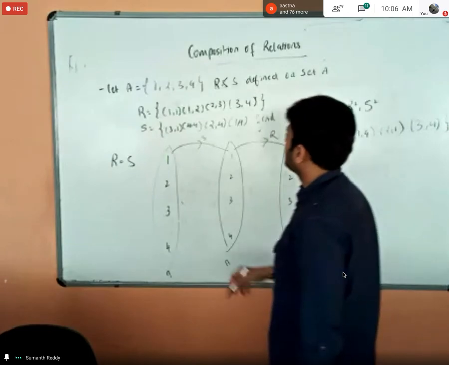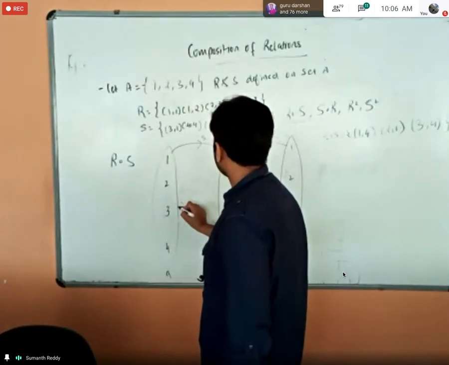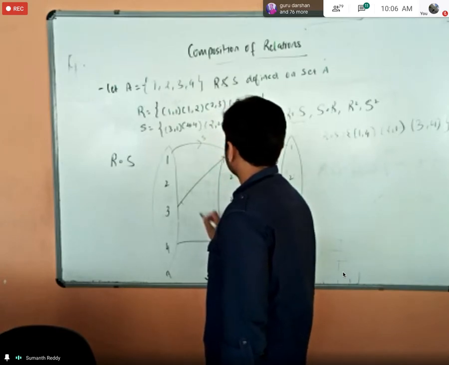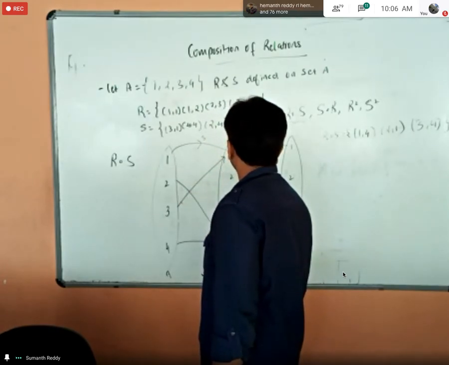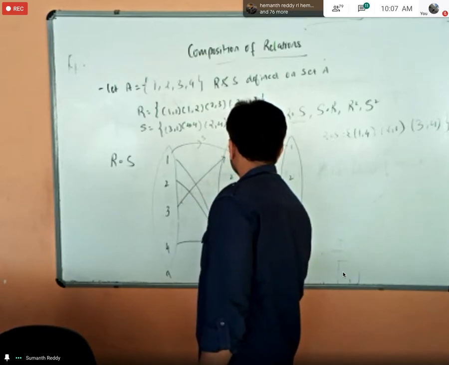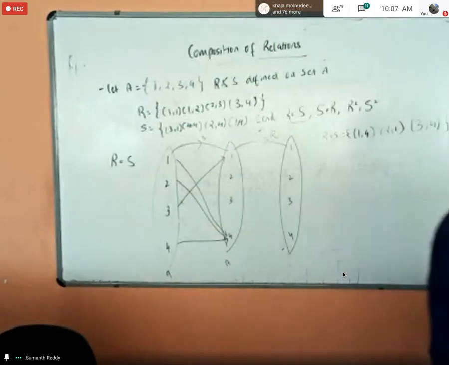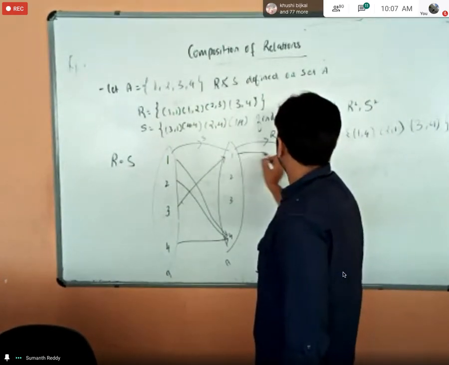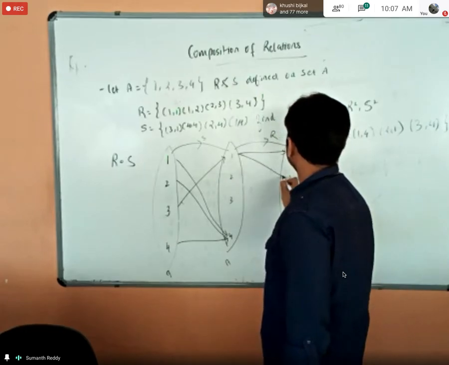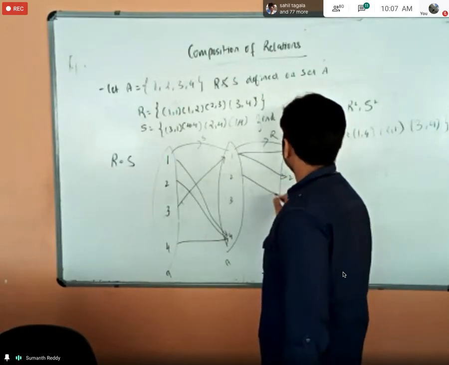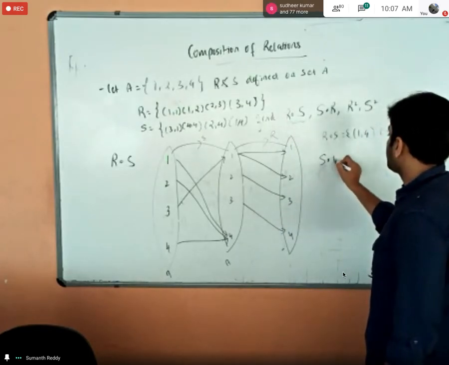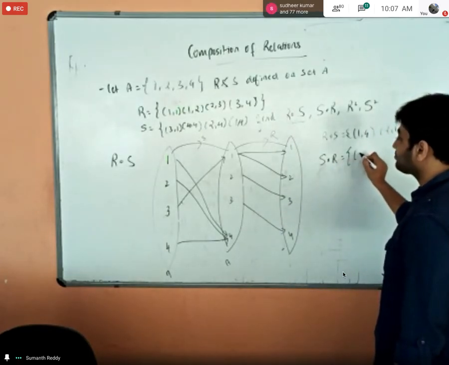Next will be R. So S is (3, 1), (4, 4), next (2, 4), and then (1, 4). Right? Similarly, R will be (1, 1), (1, 2), (2, 3), (3, 4). Okay, so based on this, the S composition of R will be